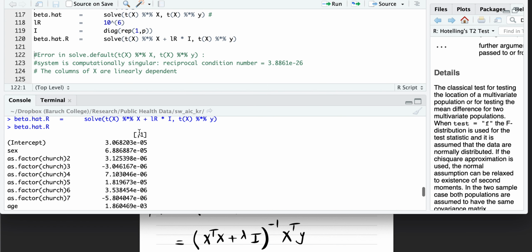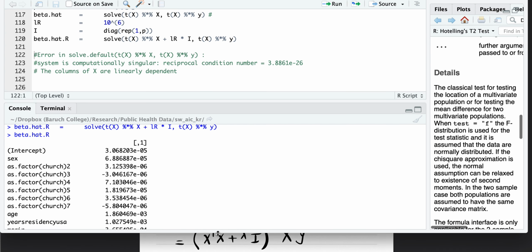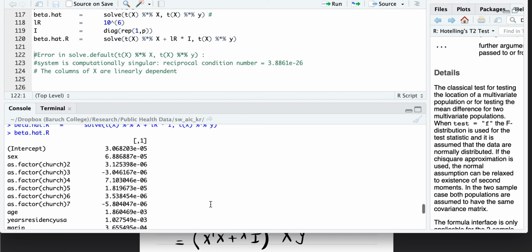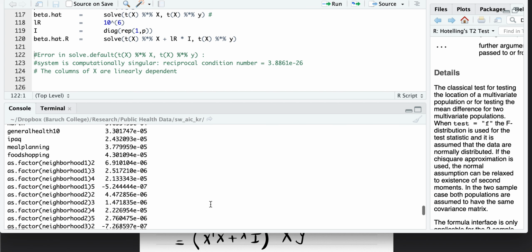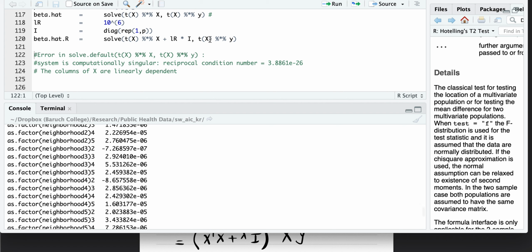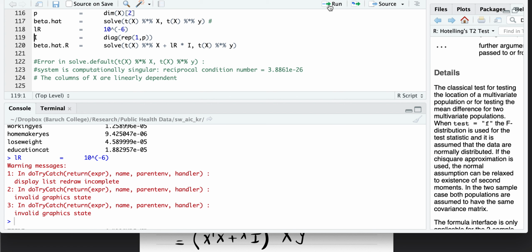None of them is exactly 0. They're always going to be slightly different from 0, but not exactly. As opposed to this, which is significantly